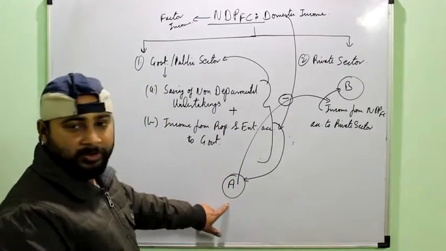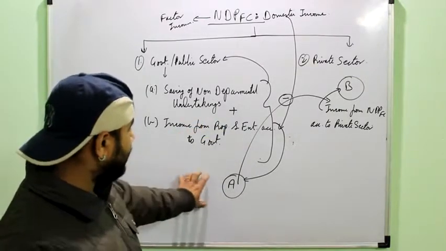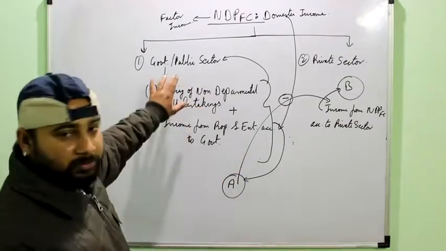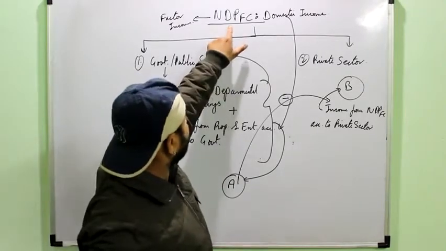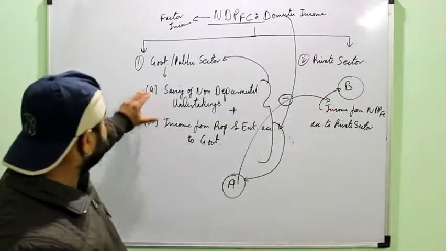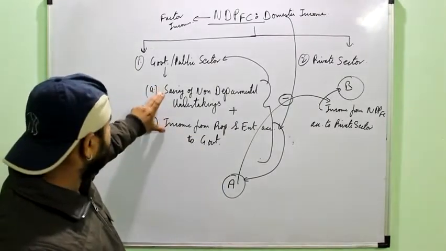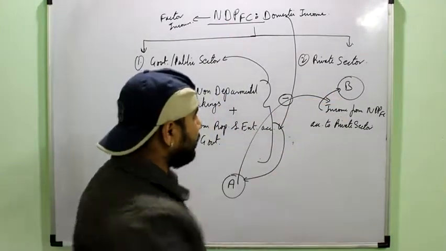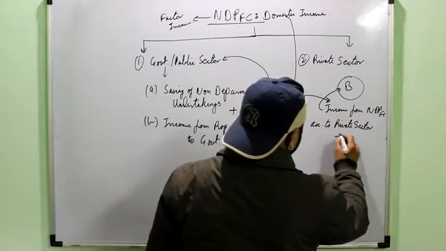Sometimes A may be given to you. That is the income accruing to the government. It would be written that the income from NDP accruing to the government sector. So in that case, these two things need not be calculated or bothered about. Simply you have to subtract A from NDPFC and you will get your B. And in some of the questions, this may not be given to you and these two things may be given to you. Right? So in that case, first you will add them, find A, then NDPFC minus A will be B. After B, it means now we have got the total factor incomes which have been earned by the private sector. Now we add to it